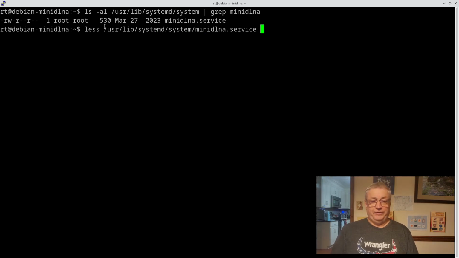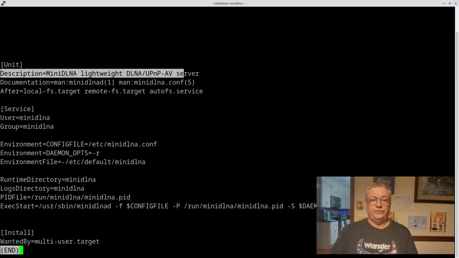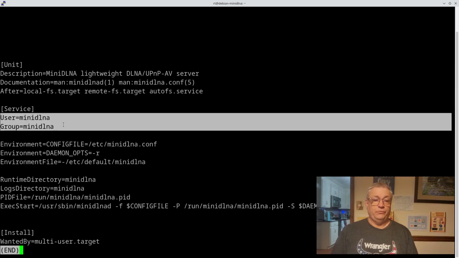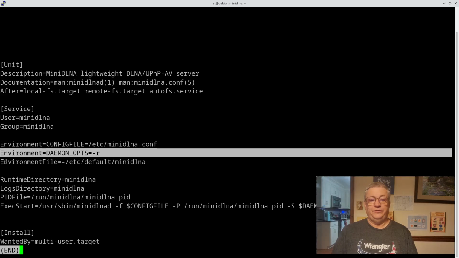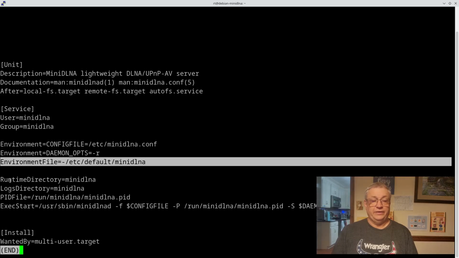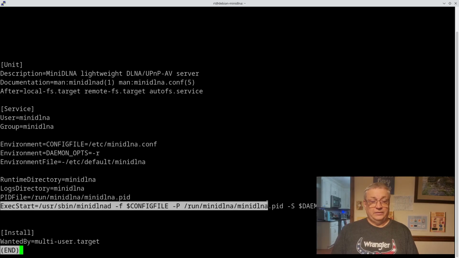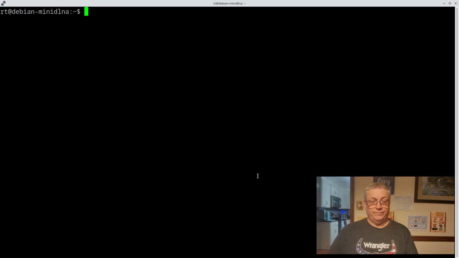And this is a basic systemd file for starting a service. You can see in here we specified user minidlna and group minidlna, the configuration file at /etc/minidlna.conf, and various other options. Again, we're really not going to go into this in detail here. I just want you to be aware that it's here. Next file we want to look at is the